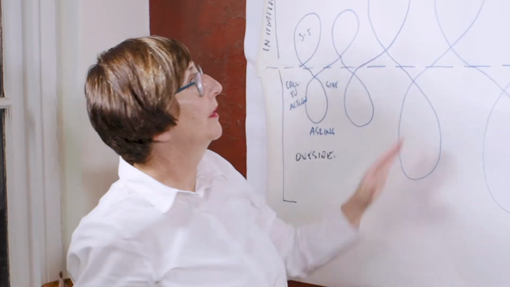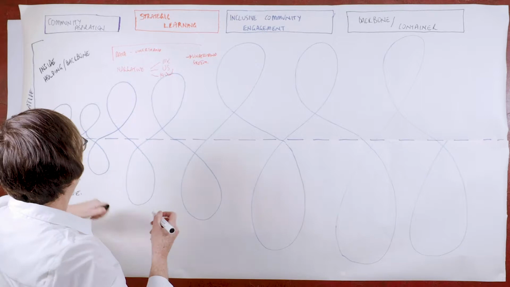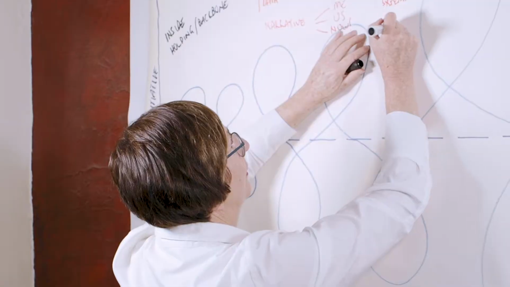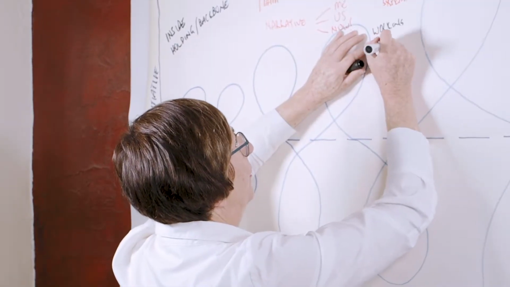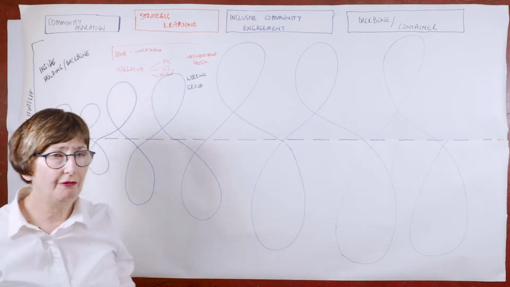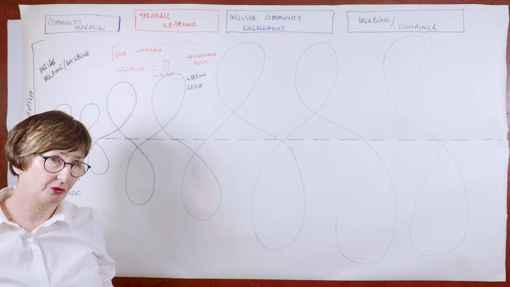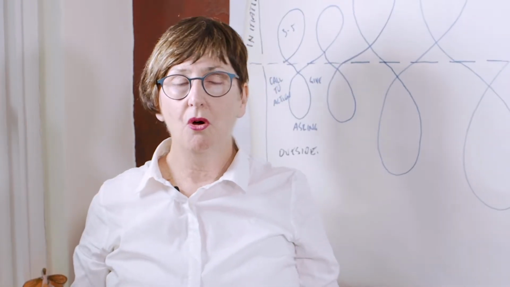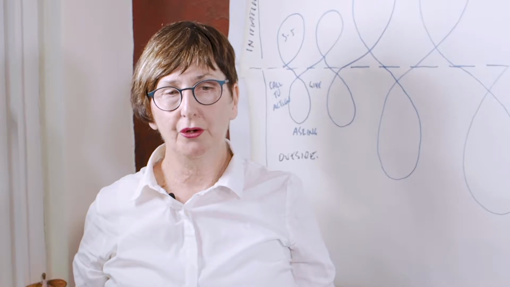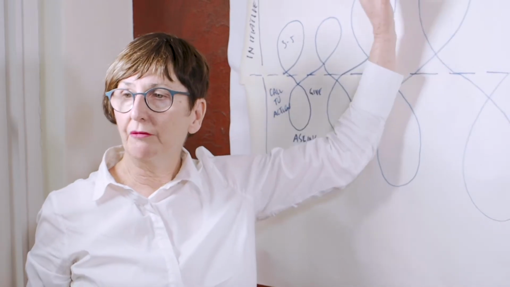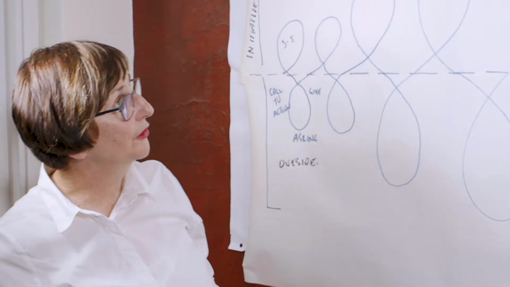What then happens is when we get to about this part of the work, what the backbone group often do is start to set up things like working groups. And the working groups very much sit inside this work. A lot of the working groups at this early stage are focused on things like data story. How do I build the data story? Or how are we going to have community conversations? How are we getting the community voice in here? Or there might be a working group on how we are going to make decisions in a different way. So the working groups are very much around gathering information at this stage of the work.